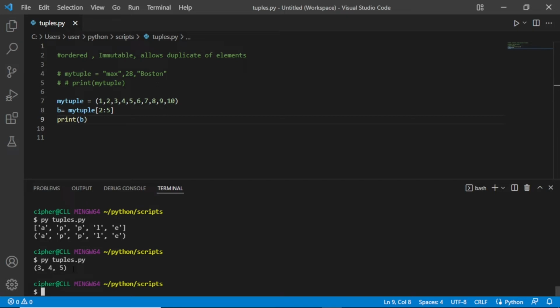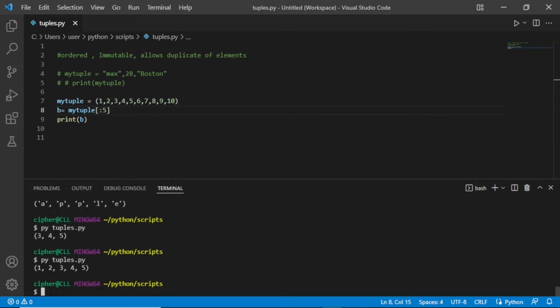Now we can say we don't want to specify the starting index, so we can start here by just leaving it. So if we print here, we are going to get also, it starts from 1,